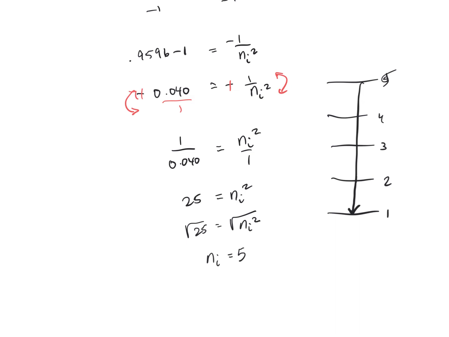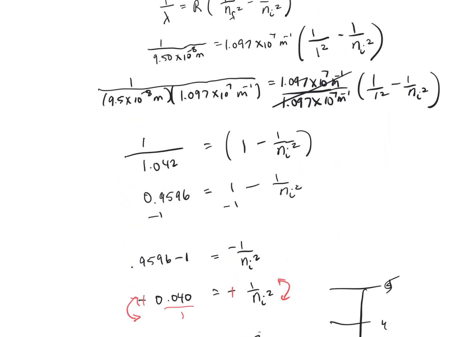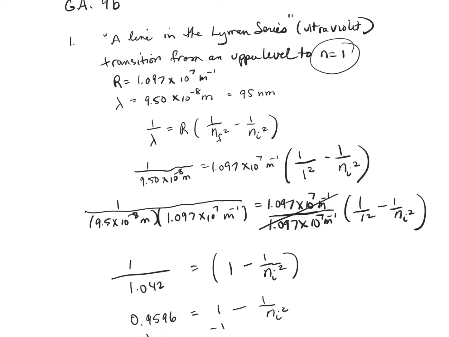Okay, so that's the first one. I want you to be able to do that. In class, it was a different one that we did. In class, we were given both the initial and final, and we had to calculate the wavelengths. So you should be able to do it both ways. All right, then the second